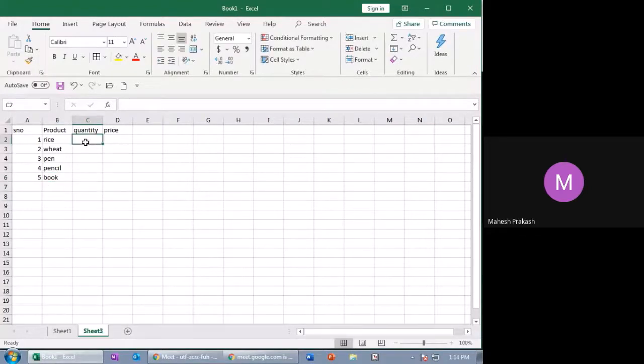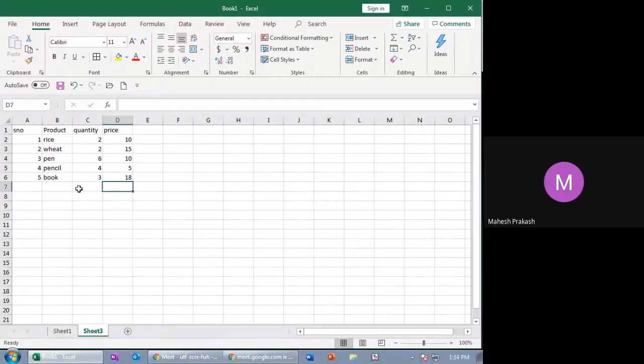Here some quantities are 2, 6, 3, 4, books as 3, and I'm naming the price. So these are the single-quantity prices, and this is the quantity. In the end, I want to know the total amount I'm supposed to pay that person.